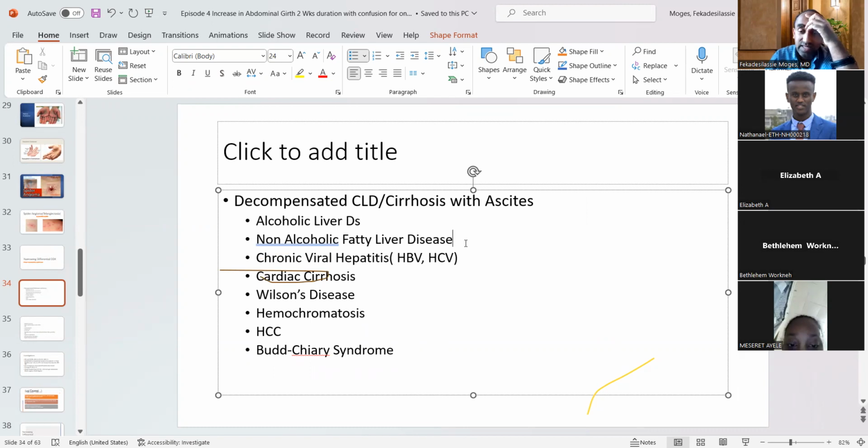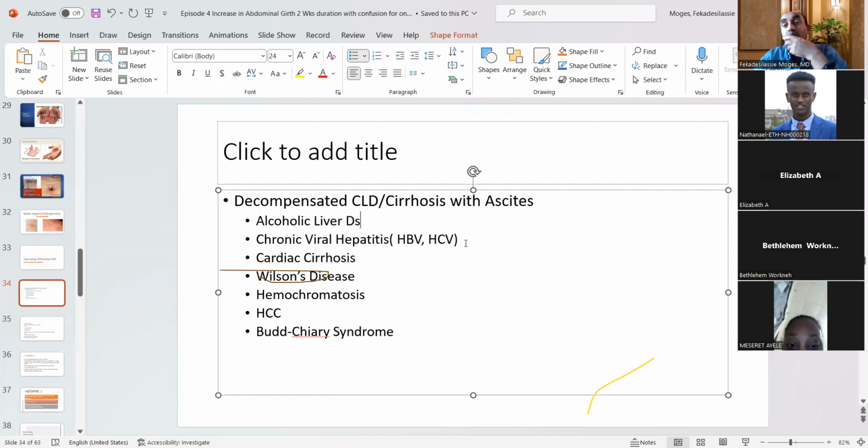Non-alcoholic fatty liver disease: this guy is not obese. Even though I didn't tell you, BMI was normal, it's like 24.4. So non-alcoholic fatty liver disease, we can keep it until we do the ultrasound if you wish. Chronic viral hepatitis C virus stays because there was